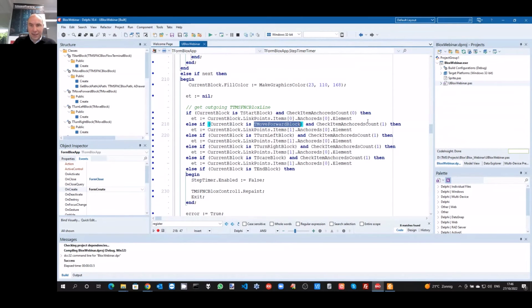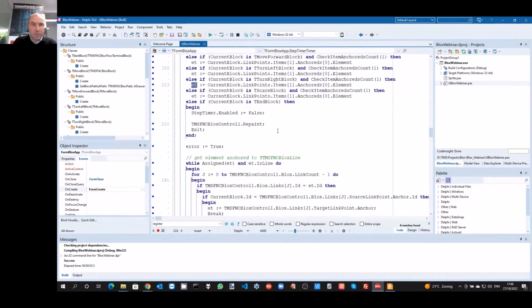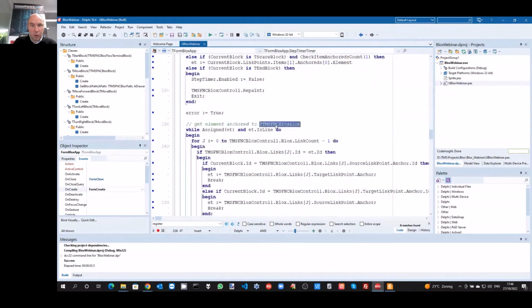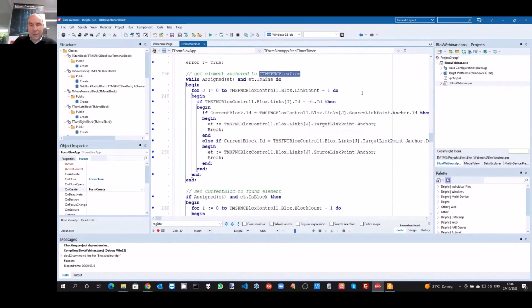And so here you can see that we determine the link line that goes out of the current block. And that is what we store in the ET variable.